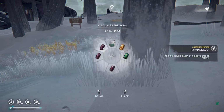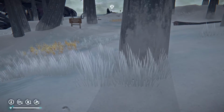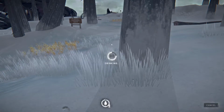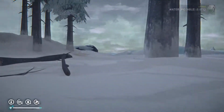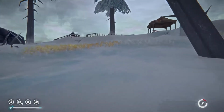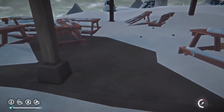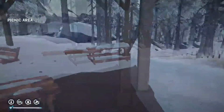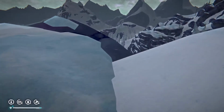I do notice we are getting thirsty. So let's actually... We don't often make use of these sodas, but since we do have enough now to give to Grey Mother, and we needed a little bit of hunger, we'll drink a soda, and then drink some water to... New location discovered, picnic area. Yeah, this is a cliff here. So...